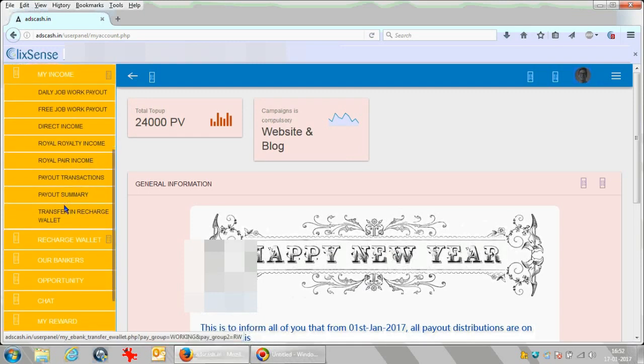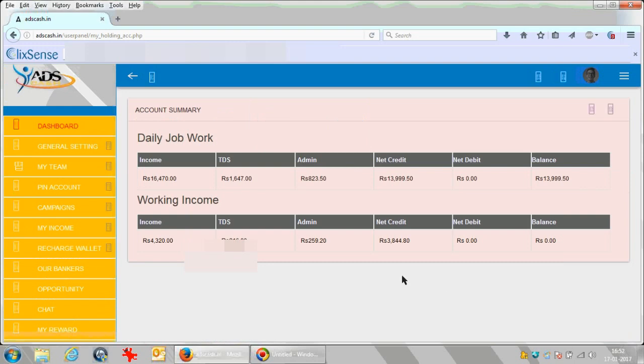And here I will show you the summary of the total amount that I have earned till now. Payout summary. Daily job work, I have earned 14,000, and through direct referral and Royal Pair income, I have earned 3,844. Sorry.